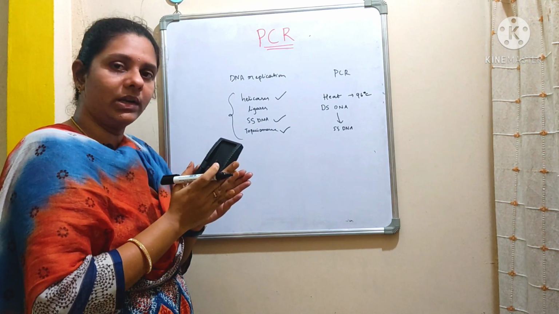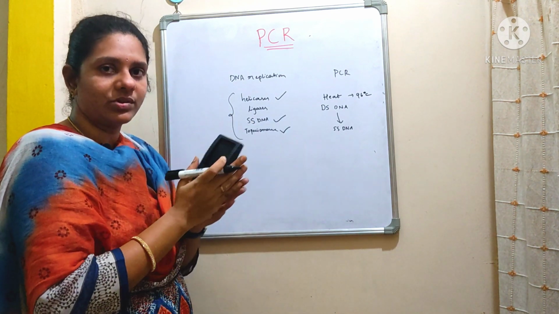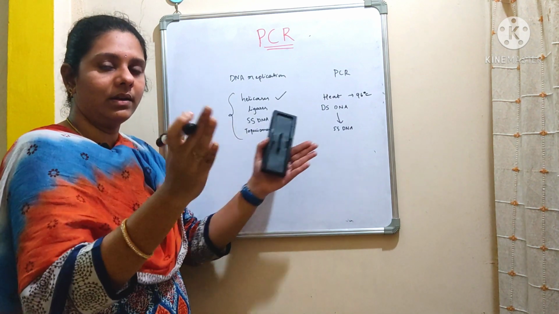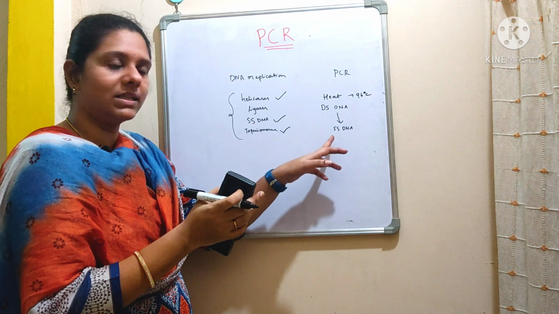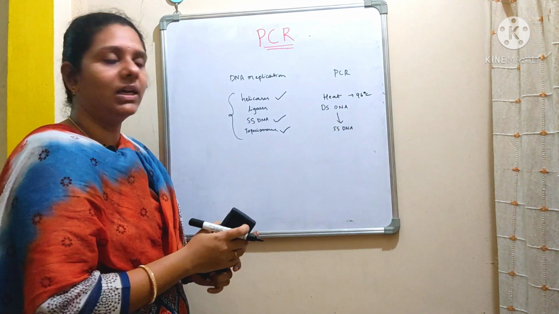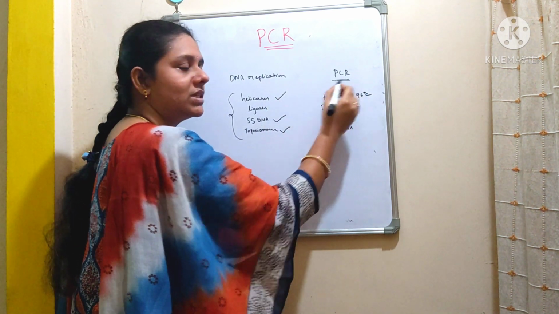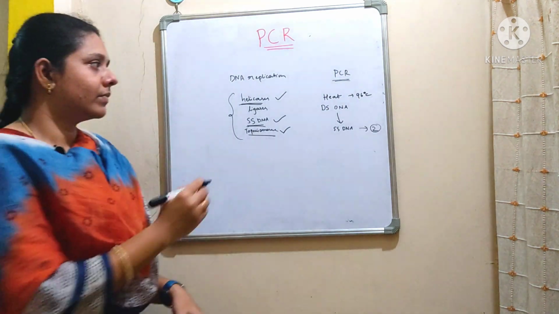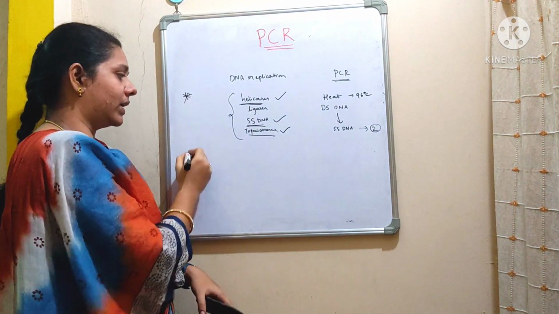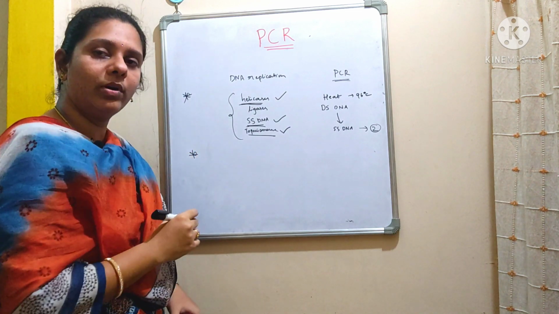What will the helicase do? It will stretch the strands apart, right? Here we are separating the DNA duplex into single strands by the application of heat in case of PCR, which is done in in vitro conditions. Okay, this is the first important point. And coming to the second important point,